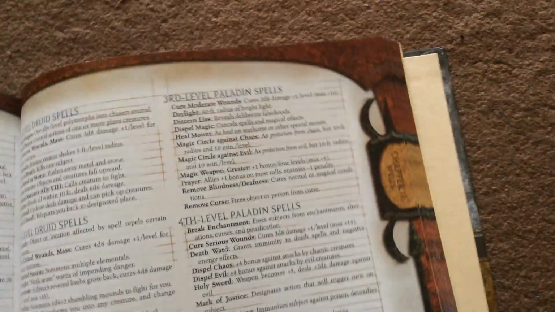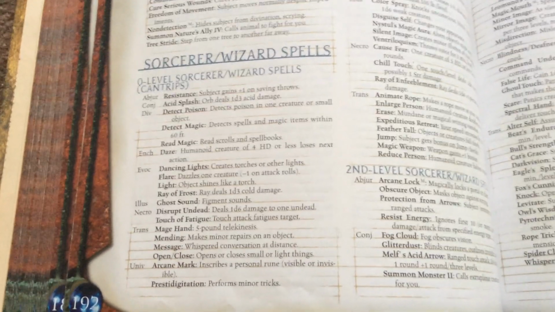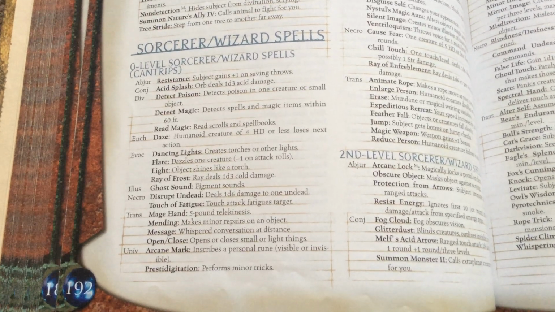We got domain spells for clerics, like air, animal, chaos, death, destruction, earth, evil, fire, different domains. Paladins don't get 1st level spells, neither do they get 0 level spells. Okay, so sorcerer and wizards have the same spell list, and they're divided on schools in case you want to be a specialist in one school. But yeah, some of the 1st level spells are now 0 level: Detect Magic, Read Magic, Detect Poison, Dancing Lights,